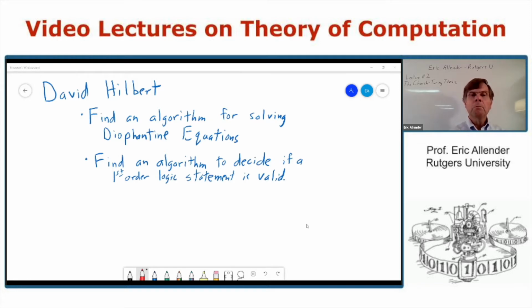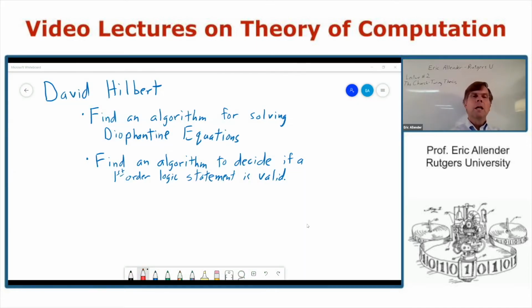They were working before we had electronic computers, and a long time before anybody was building programming languages that look anything like modern programming languages. So why were they motivated to essentially build programming languages? Let's try to set the stage for what they did by saying a little bit about the historical context.